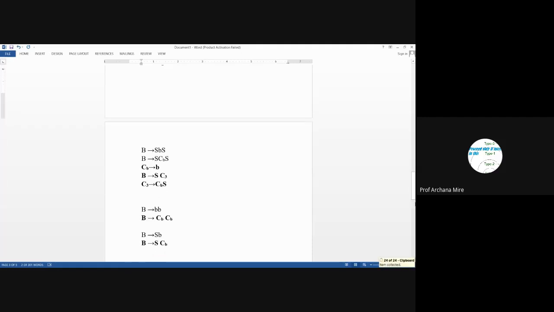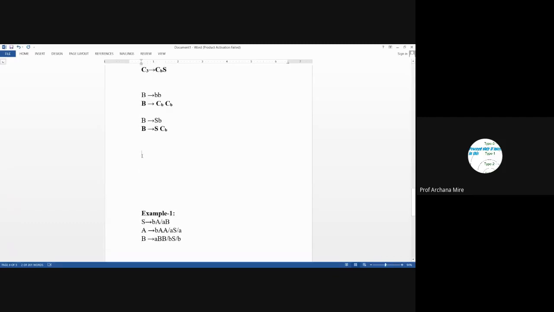Similarly, we will go to the next production rule. B leads to B is already in the CNF form. We don't need to do anything for that. Once again, the next production rule is B leads to AAS.